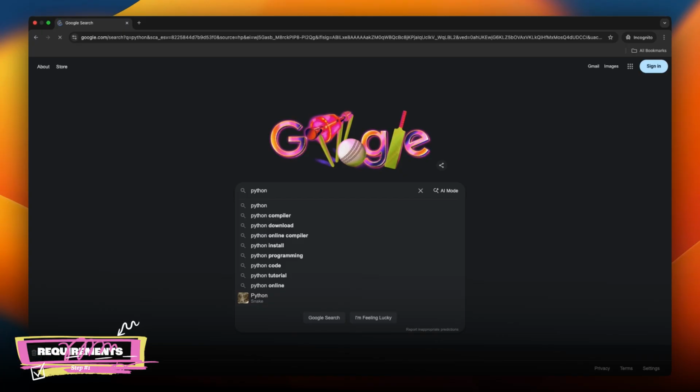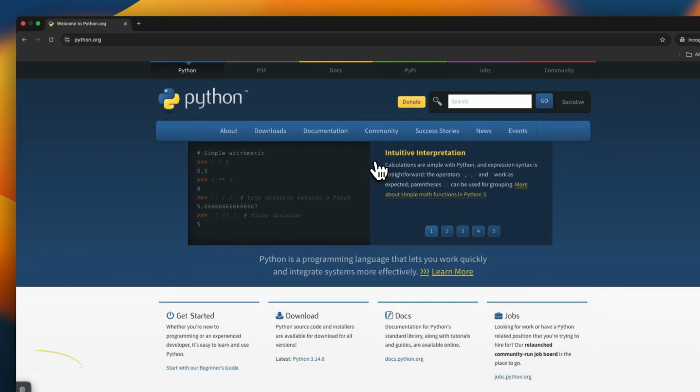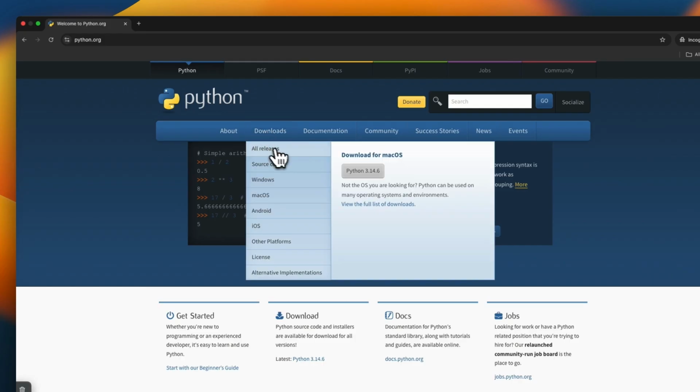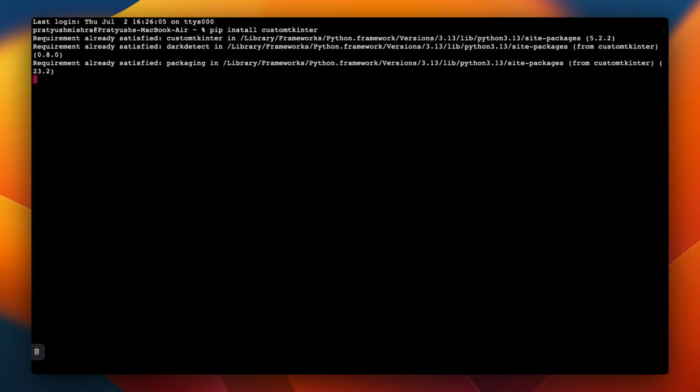Alright, the first thing would be requirements. So head over to python.org and download the latest version, which is 3.14.6 in this case. For this tutorial, we will be using libraries like CustomTkinter. So head over to your terminal and just type in pip install CustomTkinter and it will install